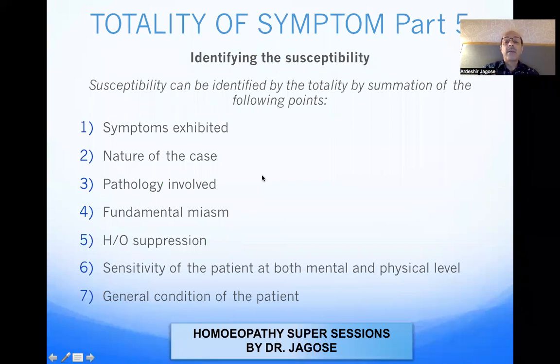Let us consider the point. It helps us to identify the susceptibility. So susceptibility can be identified by the totality, by the summation of the following points. So there are 7 points on which the